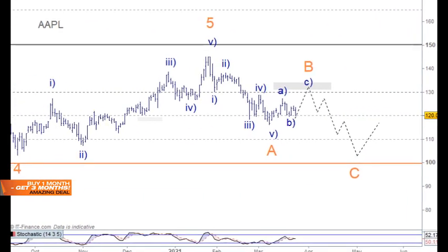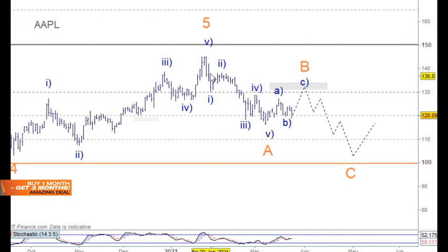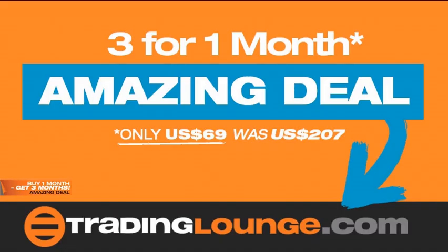Apple is the next one. So Apple's also like Tesla as well, in that we've got 5 waves down from the top here, and we've been looking at an A wave, a B wave, and a C wave here. The B wave is still a little bit small compared to the A wave. Can it drop straight down from here? Well, anything's possible, but